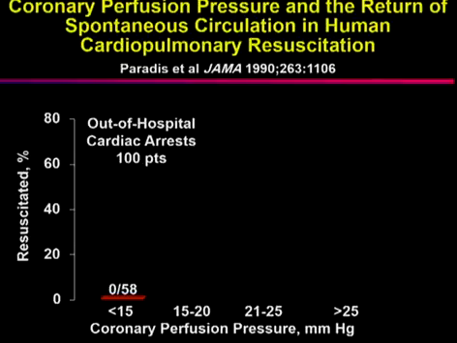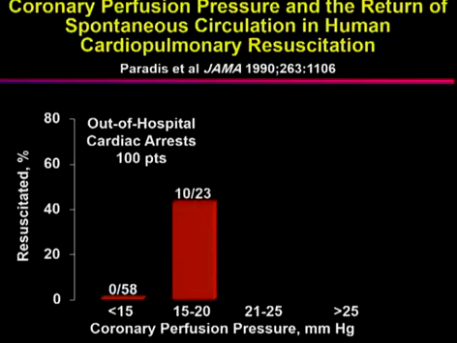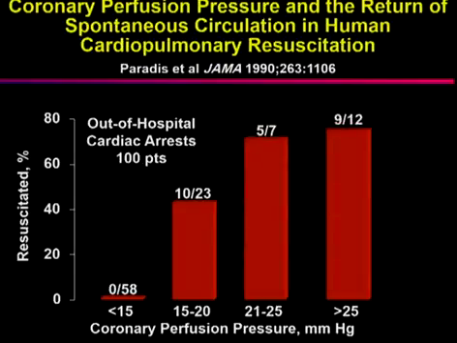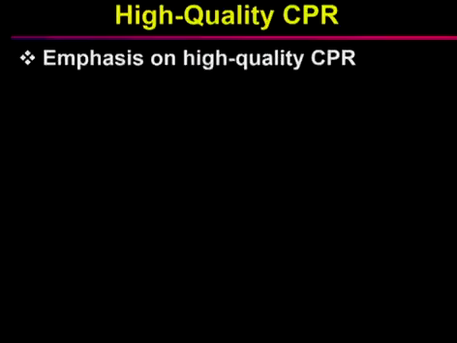They were unable to resuscitate, were brought to the emergency department, they put lines, and they measured the coronary perfusion pressure. You can see that the coronary perfusion pressure needed to be more than 15 millimeters of mercury for resuscitation to occur. So again, emphasizing that it's true, we need to maintain a good coronary perfusion pressure. So what does high-quality CPR mean, that would lead to that?